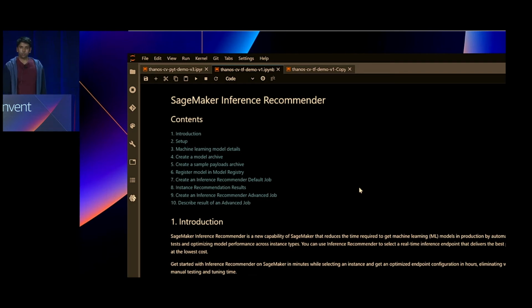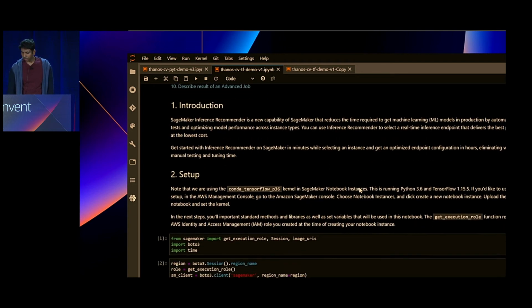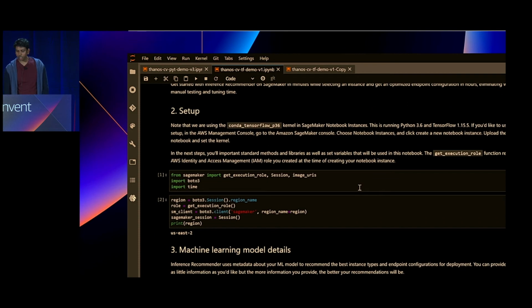So here's a sample notebook. If it's not already published, it should be published by end of day into the SageMaker examples. But I just want to walk you through the different steps in the code of what it takes to get started with Inference Recommender. So in this example, we're looking at a TensorFlow image classification model.